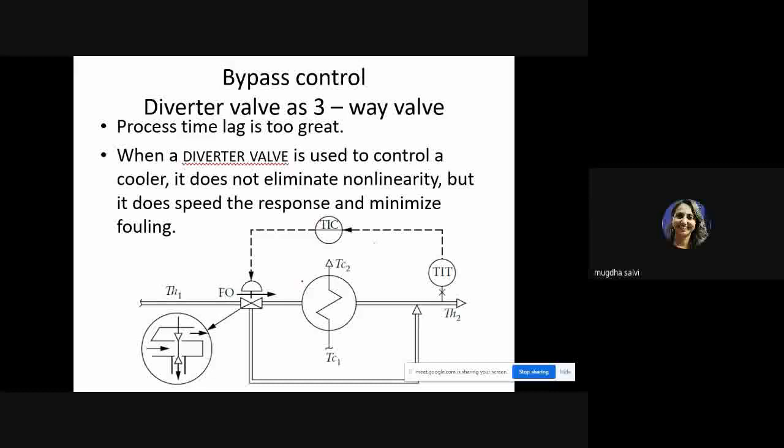Okay. Now if you observe in this, what all is there? Here we have a three-way valve. This three-way valve, if you observe, is having an arrow in this direction. That means the normal operation is in this direction. When it has to divert the liquid, that time it will allow the liquid to go into this particular path.